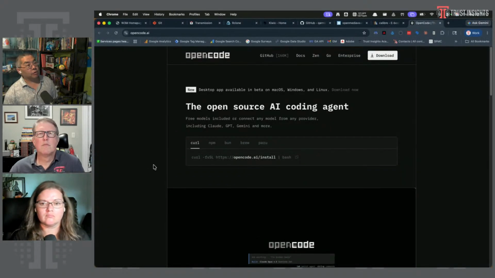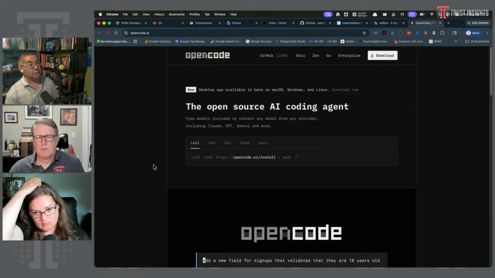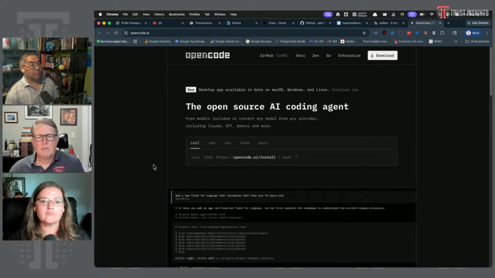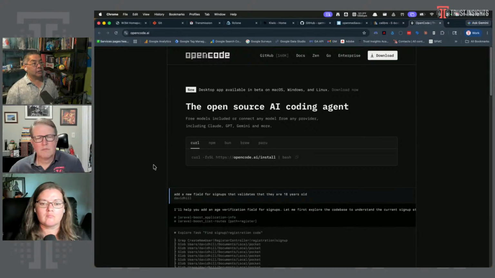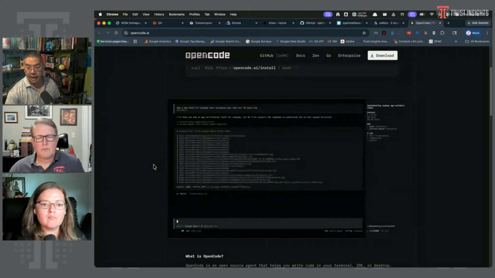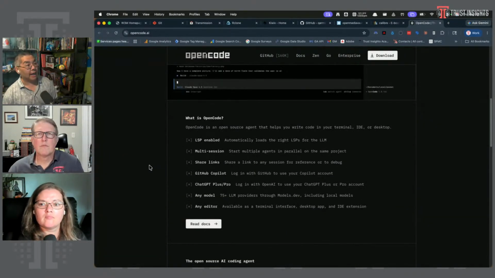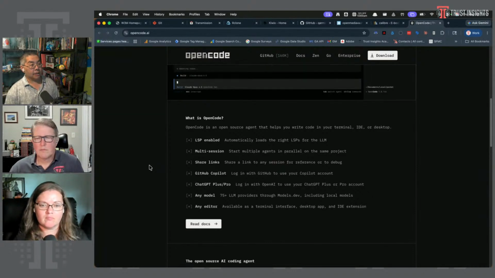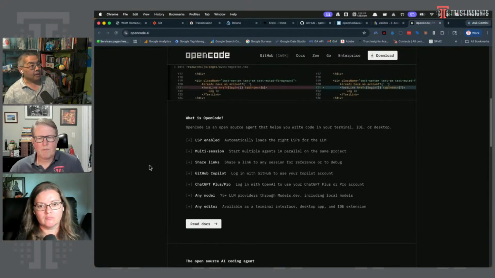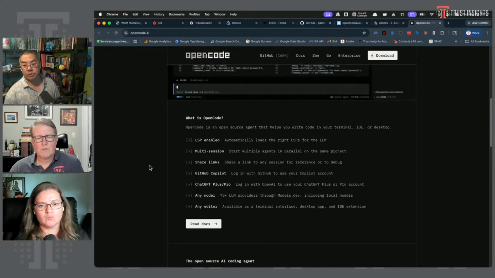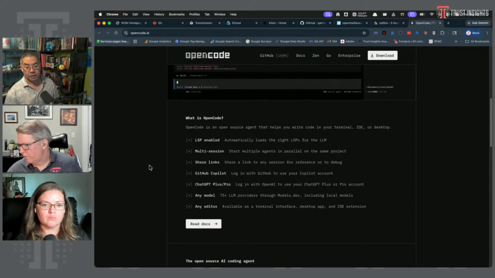OpenCode, if you are familiar with Claude Code, OpenCode is very similar, except it's not run by a corporation. It's run by the community. It is a command line coding agent that can hook into pretty much any LLM. This is a good one to have because, again, Claude Code is supported by Anthropic. And while it's installed and works great today, if Anthropic runs out of money, then Claude Code stops working. OpenCode will continue to work for as long as the community supports it.